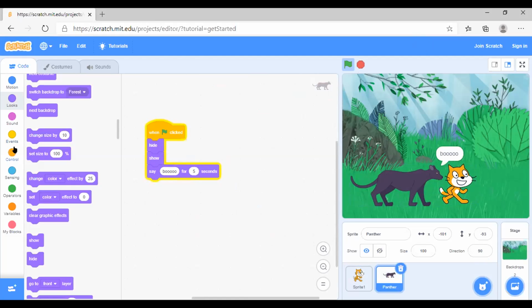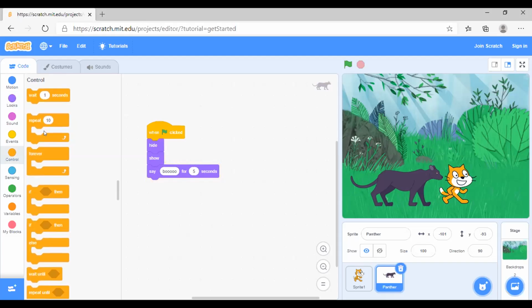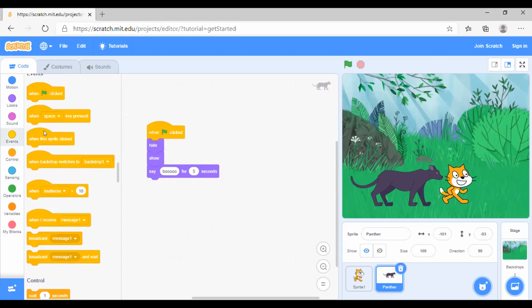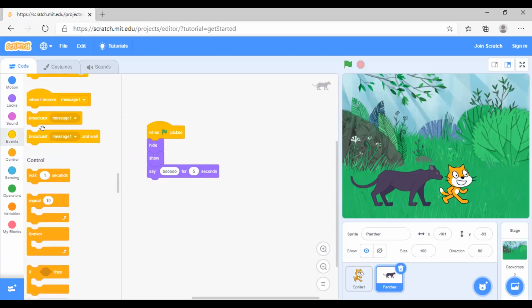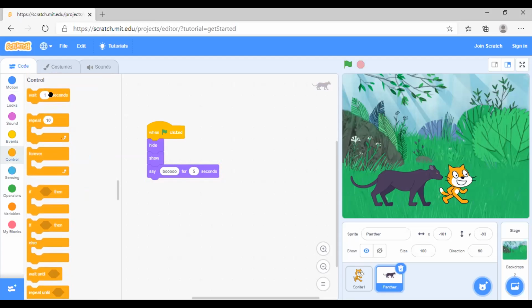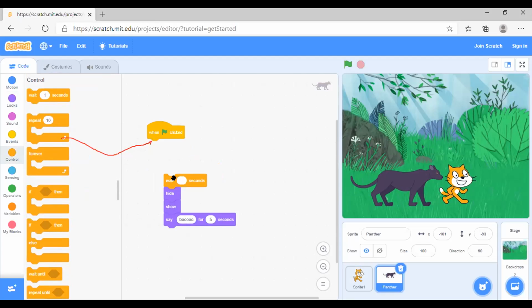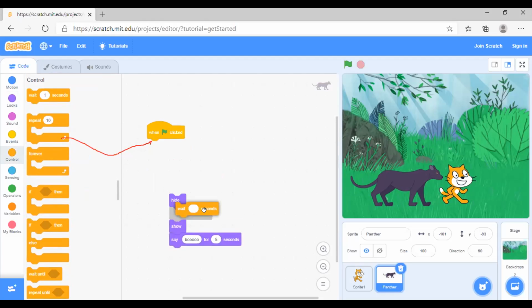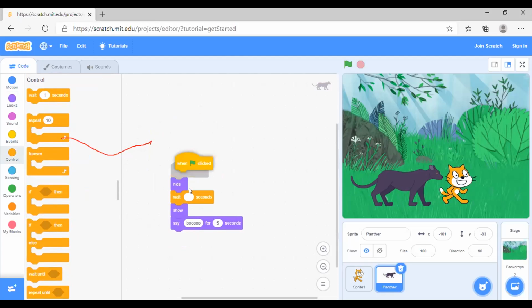Okay, so if you are saying it for 5 seconds, then your panther should appear after 5 seconds. So now go to your panther code. Go to the code for the panther and change the wait from 2 seconds to 5 seconds. Change 2 to 5. Which one was it again? The wait block in the control. You have the wait block. Yes, after hide. Up here, right. Yes, very good. And make it wait 5 seconds.